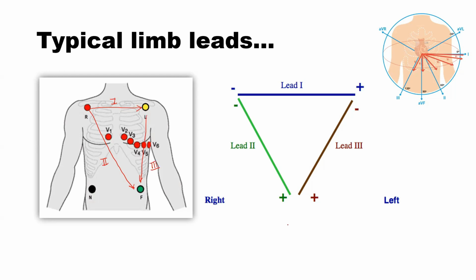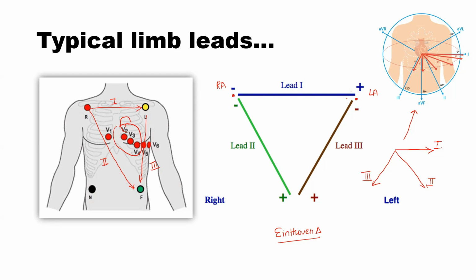This arrangement leads to a famous Einthoven triangle. Now, if you rearrange this triangle, you will get something like this. In this, you're not changing the direction of the leads at all. You are just rearranging it from the central point, which is more commonly used in clinical practice for axis determination and other things. Now, how to obtain an ECG trace, the arrangement of various leads, etc., is discussed in a separate video. If you have not watched that video yet, do check the link in the description below.